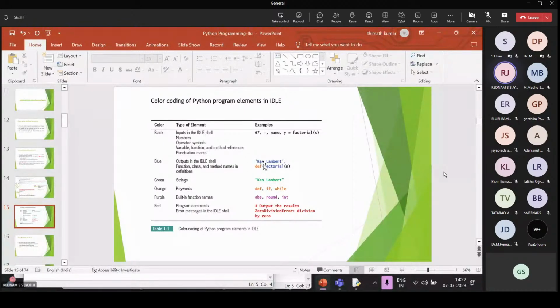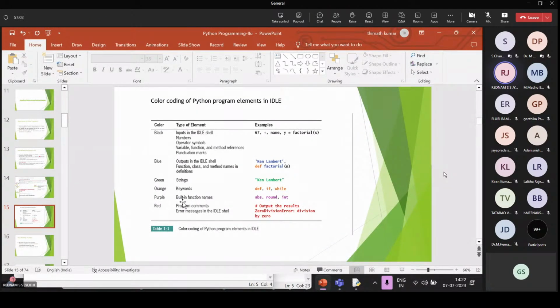Here Ken Lambert is an output, and factorial is a function definition, so that is displayed in blue. Next, strings are represented with green color, and keywords are represented with orange color. Def, if, while are all keywords, which appear in orange.